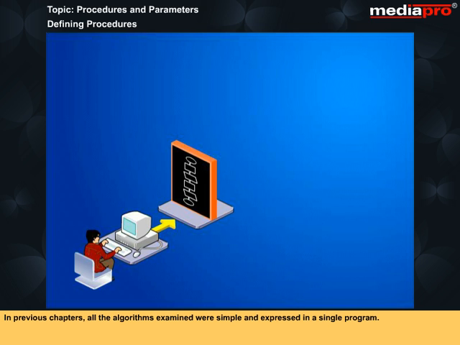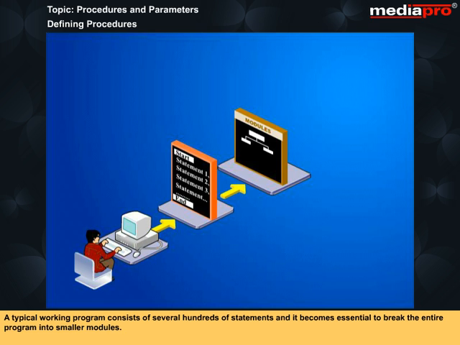In previous chapters, all the algorithms examined were simple and expressed in a single program. Very few real programs are that straightforward. Most programs are long and complex. A typical working program consists of several hundreds of statements, and it becomes essential to break the entire program into